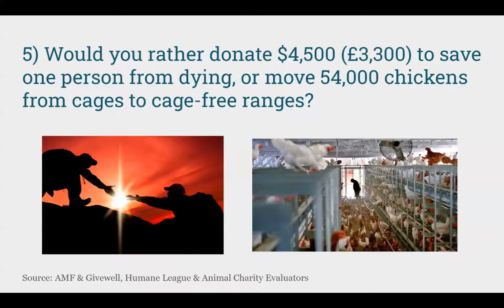Question number 5 asks whether you would save 1 person from dying or move 54,000 chickens from cages to cage-free facilities. And I want to be clear here. If you look at Animal Charity Evaluators and their recommended charities, one of them is The Humane League, and the more conservative estimates put it at something like $1 to free 9 hens from cages for a whole year. So the saving 1 person from dying, this is